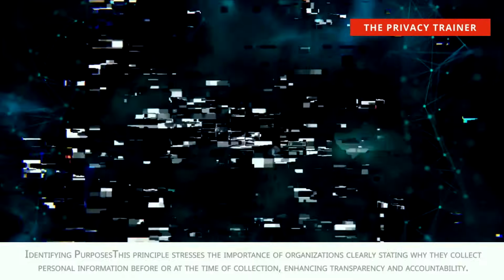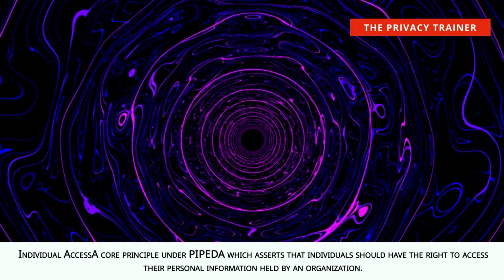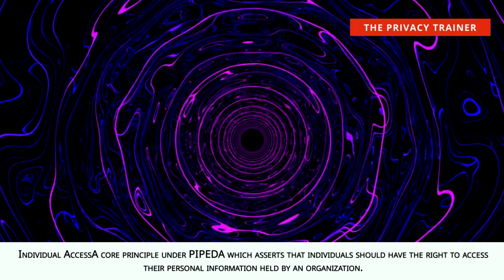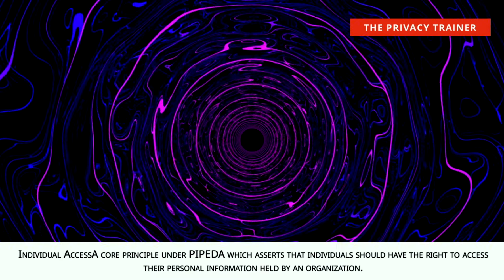Identifying purposes. This principle stresses the importance of organizations clearly stating why they collect personal information before or at the time of collection, enhancing transparency and accountability. Individual access, a core principle under PIPEDA which asserts that individuals should have the right to access the personal information held by an organization. Individual participation, this privacy principle advocates for the right of individuals to confirm whether the data